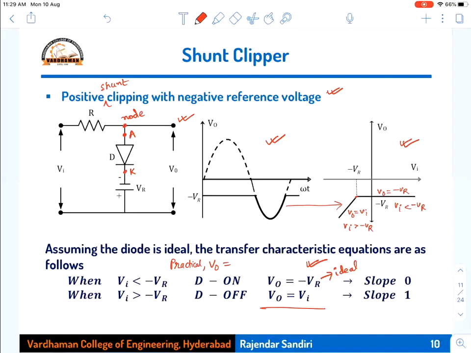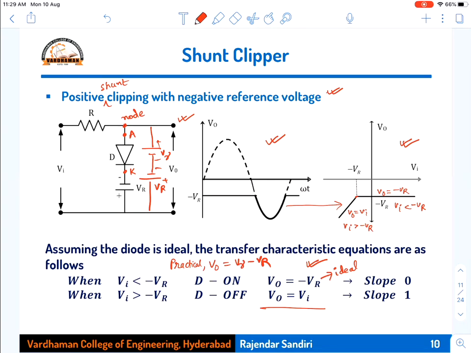Exactly. Okay, very good. So it is nothing but just you have got a battery with another battery, VR and V gamma. Then how can we do this? It is plus V gamma minus VR. So V gamma minus VR is the practical output voltage.